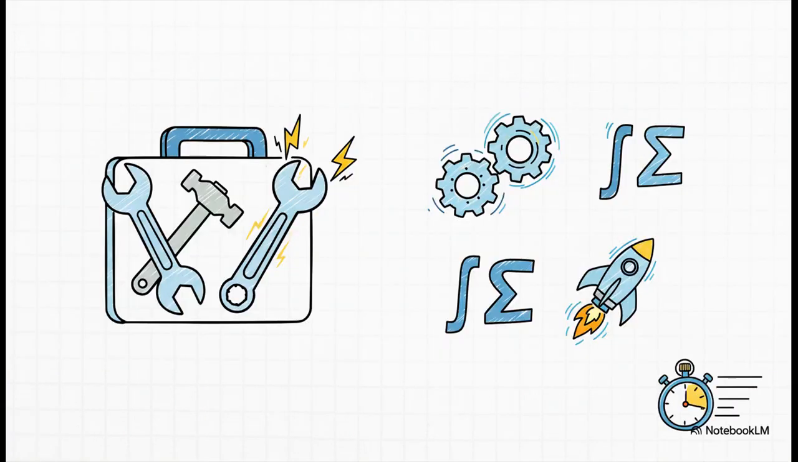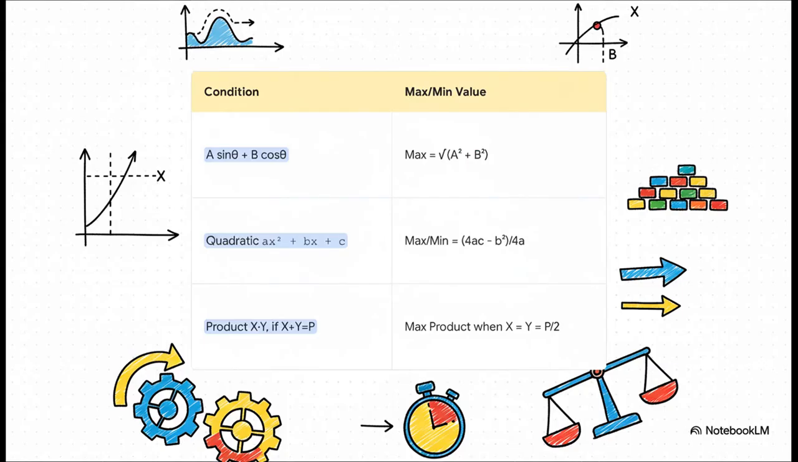But let's be real for a second. In a timed exam, who has time for all those steps? The standard method works, for sure, but it can be slow. So let's add some serious upgrades to our peak optimizer. We're talking powerful shortcuts that are going to save you a ton of time. These right here,